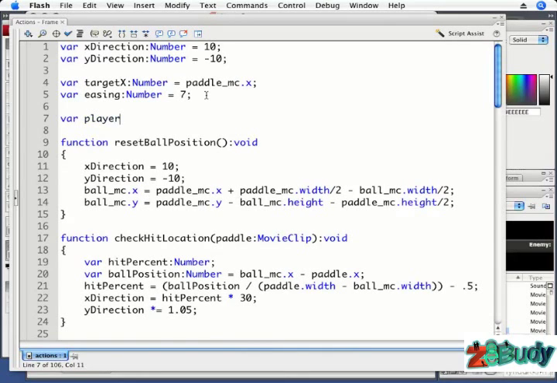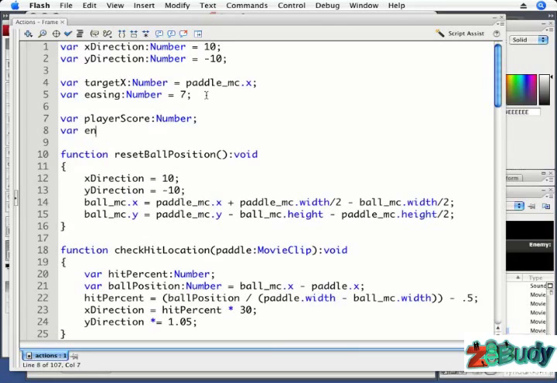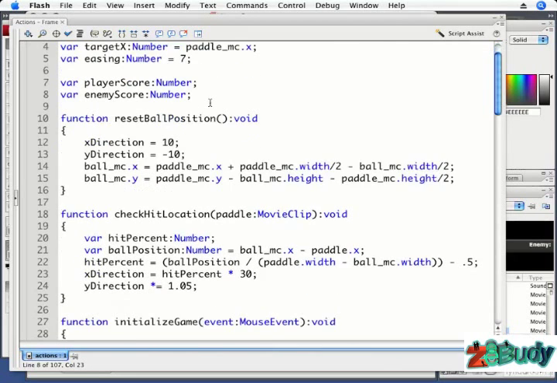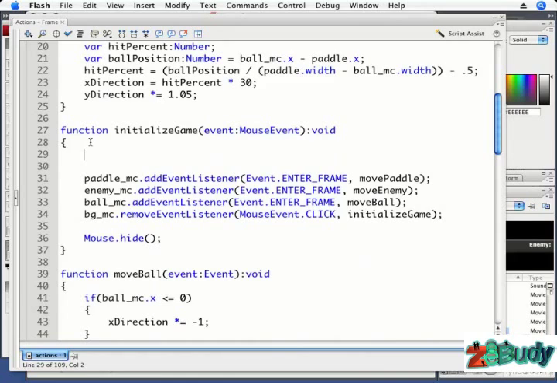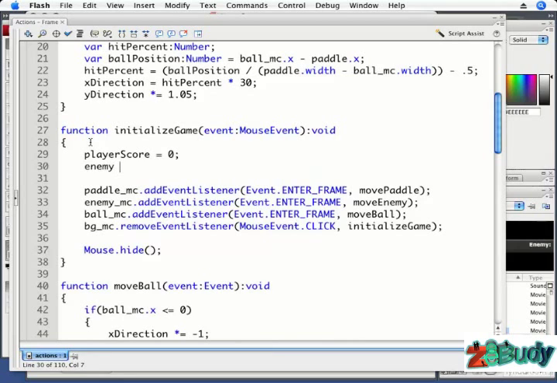We'll call the one that represents the player score. That will be a number, and we'll give it a value inside of the initialize game function. And I'll create the enemy score variable. It will also be a number, and we'll also give it a value inside of the initialize game function. So let's scroll down in the code and find the initialize game function. And above everything else in that function, I'm going to type player score equals 0, and then enemy score equals